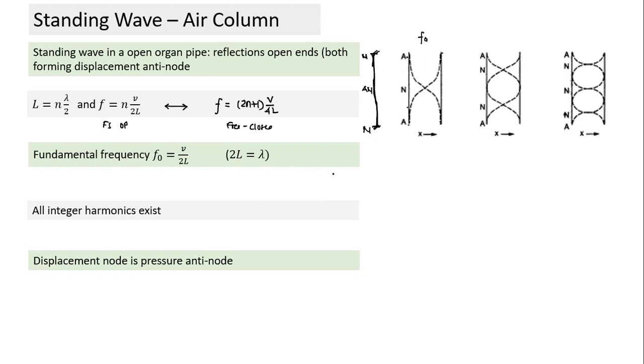We can derive the equation, but I think the derivation doesn't give you any better insight. Are you following? If I have to draw the wave shape, what kind of wave shape can I draw so that the wavelength is maximum? Can I draw any other wave shape which will have a longer wavelength? It cannot. I have to start with an antinode here, and there's another antinode here. Minimum, there has to be one node in between.